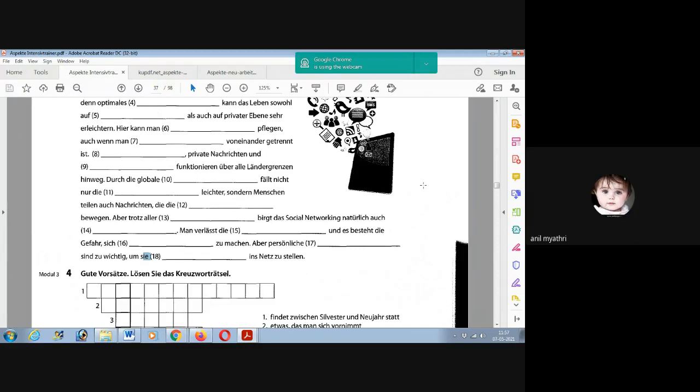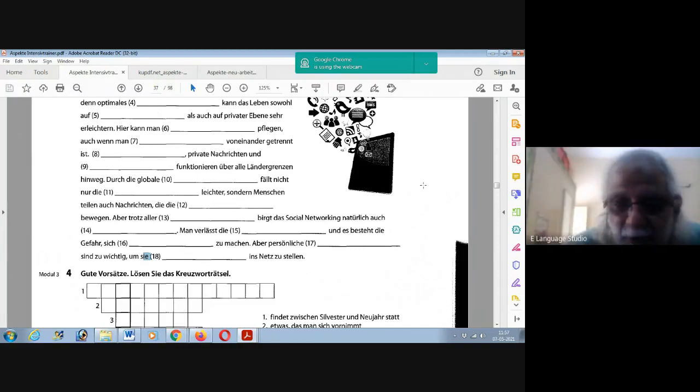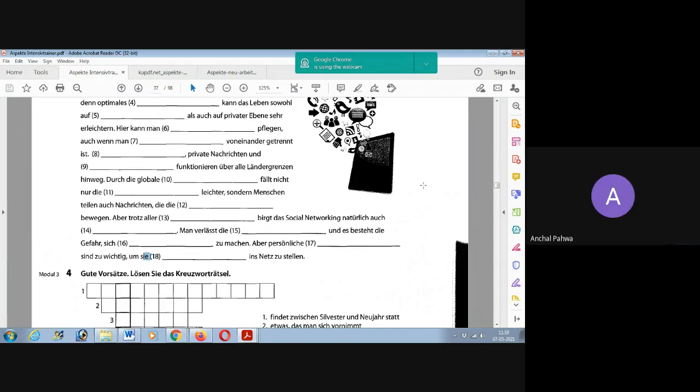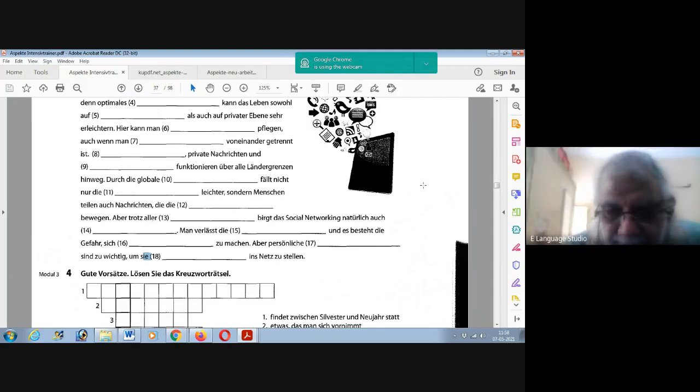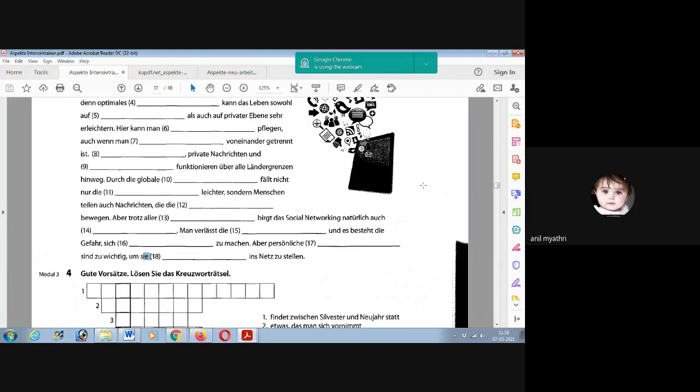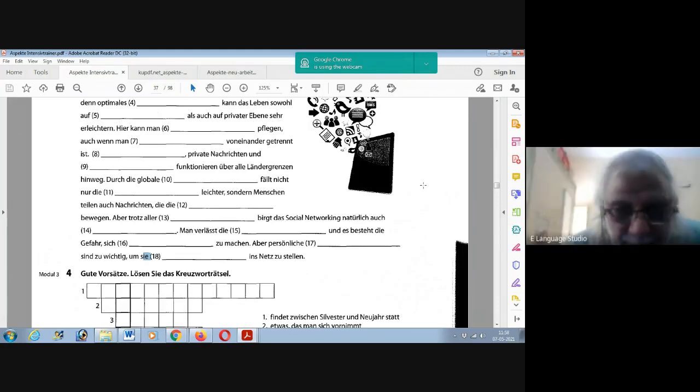Aber persönlich, bedenkenlos sind so wichtig. Persönliche, also hier brauchen wir einen Moment. There's an adjective ending here, persönliche. Das hat Achal schon gelöst. Persönliche Daten hat sie gesagt und das ist richtig. Daten, okay. Persönliche Daten, ja. Persönliche Daten sind so wichtig,